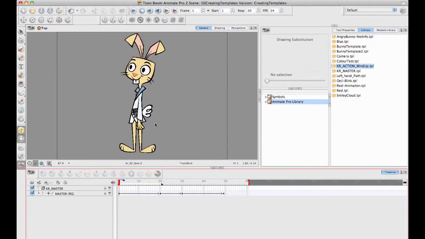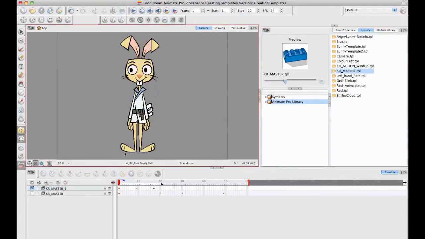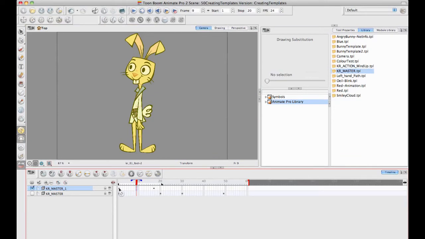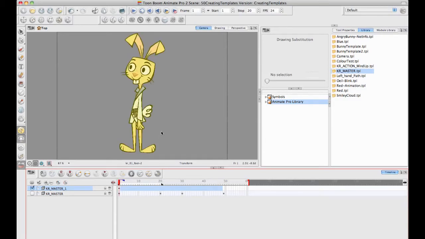The same thing would work if you bring the master template in from scratch. So I'll just bring in my master template from scratch, and now I will do the same thing I did at the beginning where I get the pose that I want to have because I've saved those keyframes from that pose, and then delete everything else. So now I've just got that first frame. If I drag and drop the action template right on top of there,